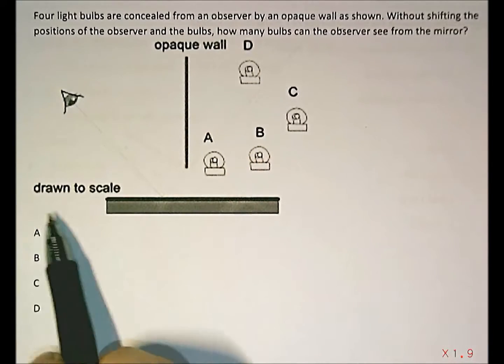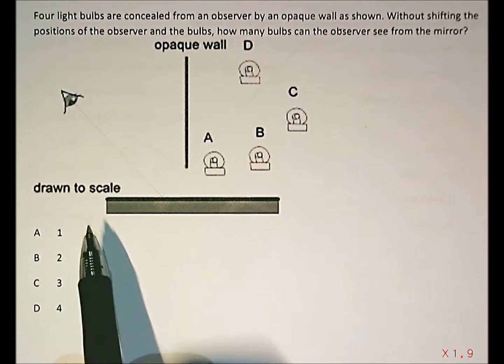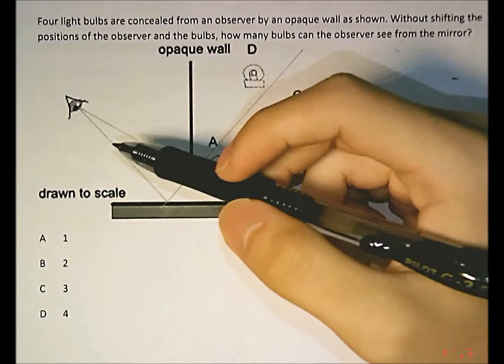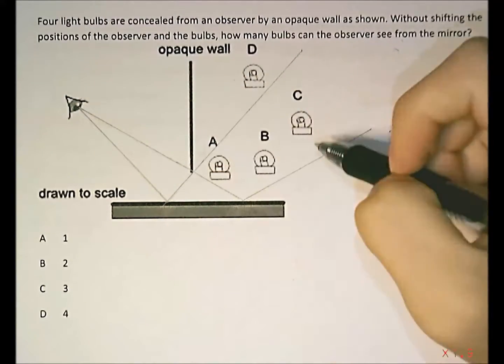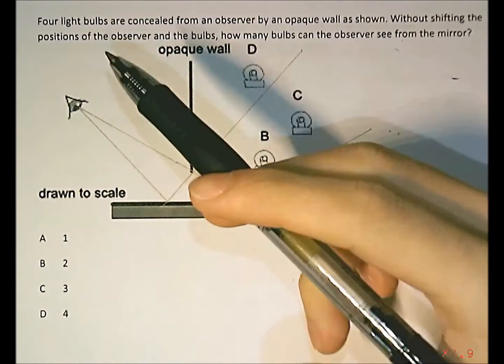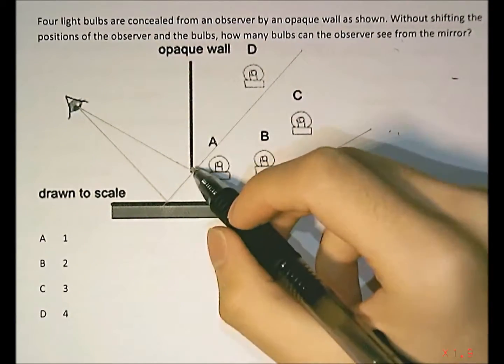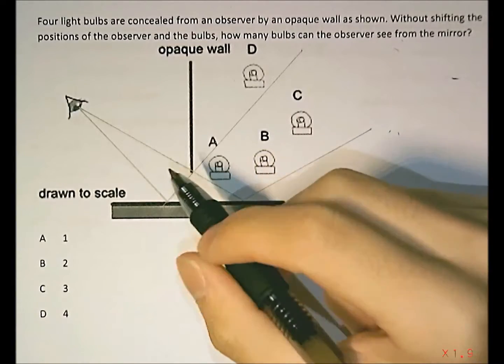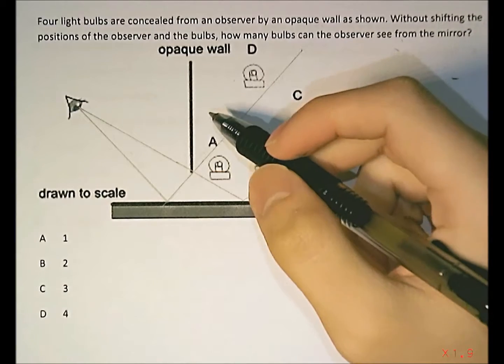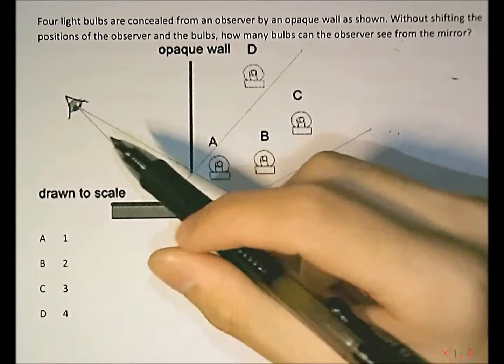So we are nicely given a figure that's drawn to scale. We can actually make use of that to figure out which bulbs can be seen by the observer. So what I've done here is that I've drawn in 2 light rays using angle of incidence equals to angle of reflection. And these light rays, you'll notice that they are barely touching this opaque wall here. And what they represent are the extreme angles to which your light can still go and still enter the eye